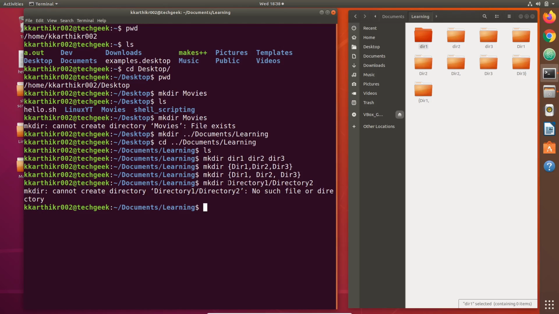To create such structures of directories, we use a flag with the mkdir command. That flag is the p flag. mkdir space, now we have to give the flag. Flags start with a hyphen and then the flag name. The flag is p. Now give the argument.